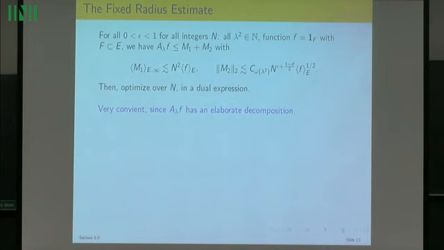So what is this n? You tell me n, and I produce m1 and m2. You produce them by cutting frequencies. You're cutting into high and low, but high and low take a range of possible definitions. This is a decomposition which holds for all integers n and for all lambda. So then you take this information and you optimize. It's most convenient to do so in a Lorentz space setting, but it's just noodling around once you have this.